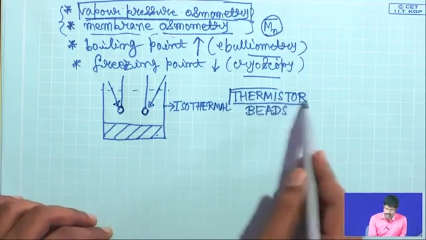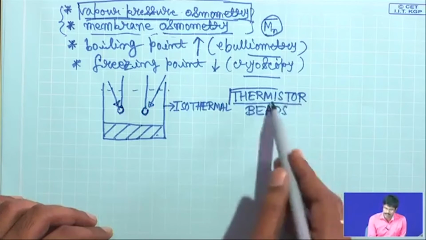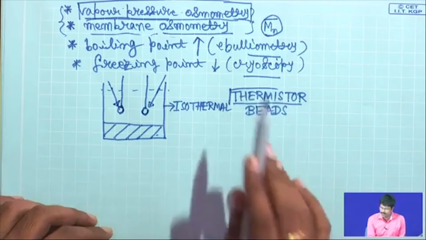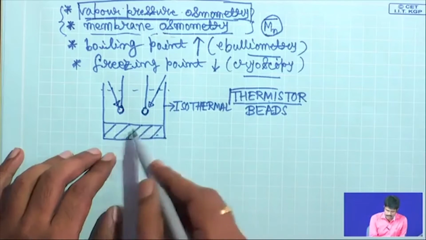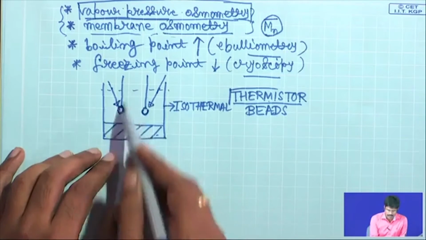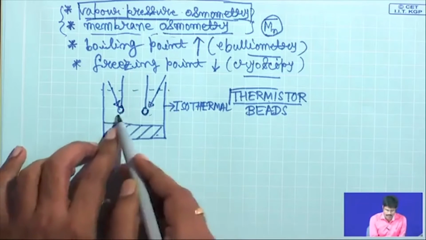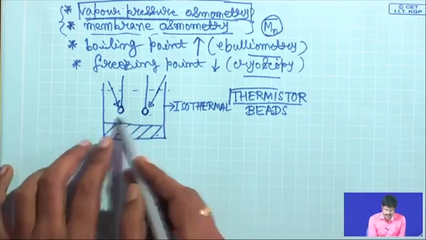So, these thermistor beads typically are made of polymers or ceramics, they are not made of metals. They might have positive temperature coefficient or negative temperature coefficient, whatever. So, the idea here is that this solvent is basically in equilibrium with its vapor inside. These are two thermistor beads which are lowered at a particular position, and both of them have the same temperature coefficient of resistance,